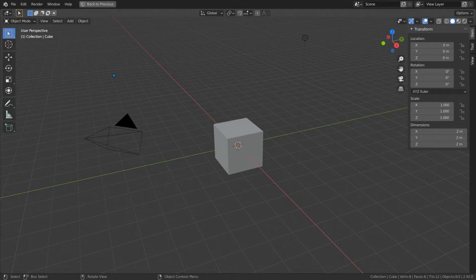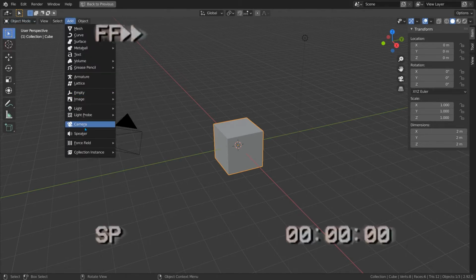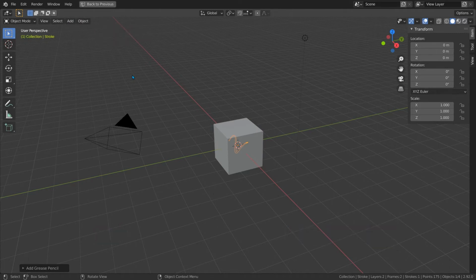Modes allow us to edit an object in different ways. The default mode for all objects is Object Mode, which allows us to change macro level properties like the object's position, rotation, and scale. But some objects have more than one mode, like this cube, as we've seen before, which has all of these. If I add a grease pencil stroke and go back to this drop-down menu, you'll see that it now has a draw mode, which is a mode exclusive to the grease pencil strokes and allows us to make new strokes.